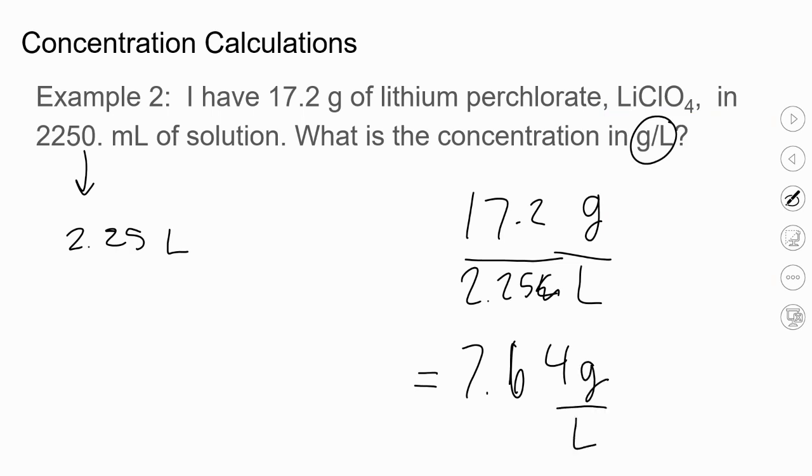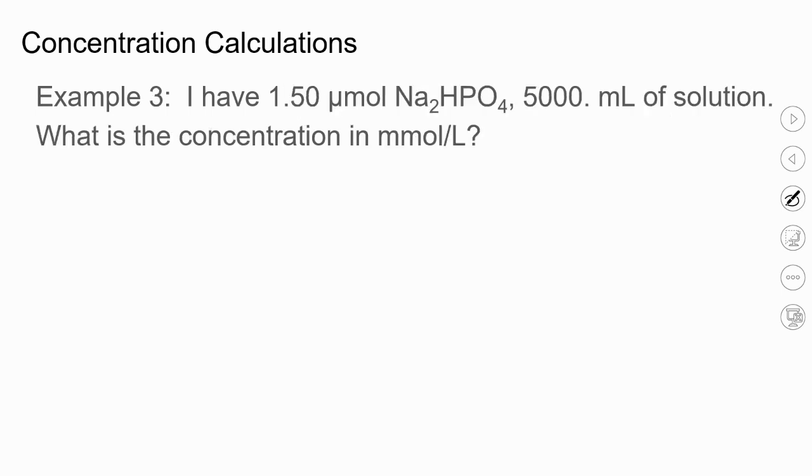That's grams per liter. Okay, and I agree with your sig figs. You have 3. The lowest one has 3, so that seems reasonable. Okay, do you want to try another one? This one has micromoles. See if you can remember micromoles. When I see micro, that makes me nervous. So see if you can do that one. You might have to look it up. No, we'll do it together.